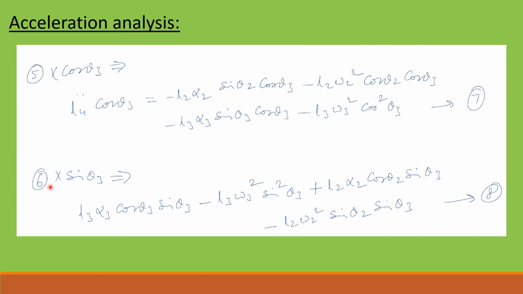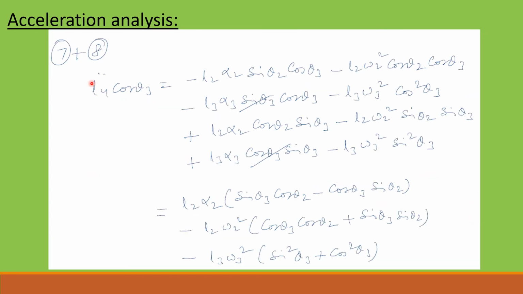Similarly, multiplying equation 6 by sin theta 3 we get L3 alpha 3 cos theta 3 sin theta 3 minus L3 omega 3 square sin square theta 3 plus L2 alpha 2 cos theta 2 sin theta 3 minus L2 omega 2 square sin theta 2 sin theta 3. Let us call that equation 8. Now let us add equations 7 and 8. So we get these two terms, L3 alpha 3 sin theta 3 cos theta 3, minus and plus will get cancelled, and after rearranging them we get L4 double dot cos theta 3 equal to L2 alpha 2